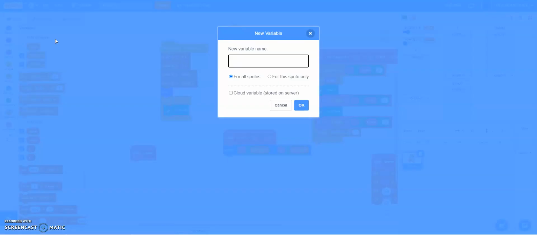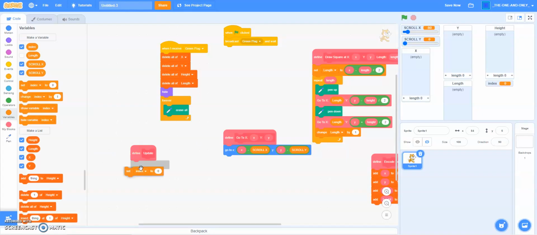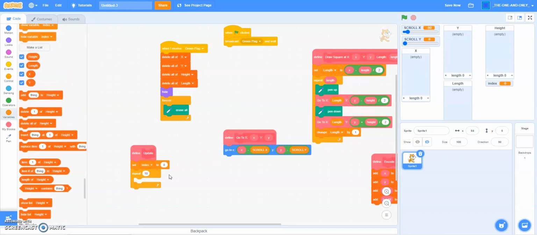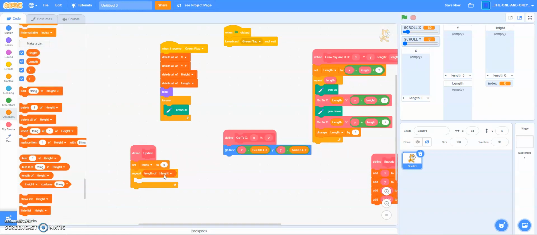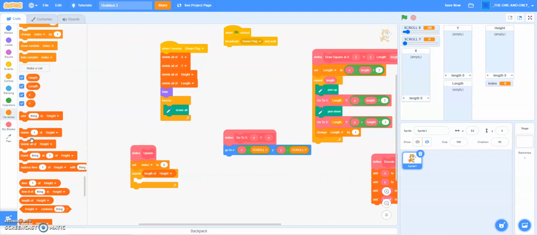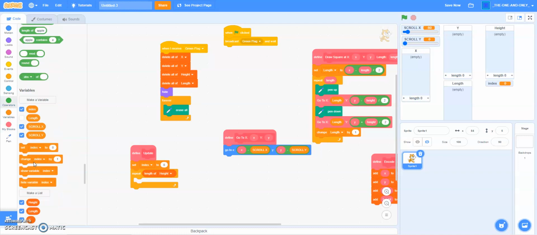And then make a variable and call this index. Click OK. Now, at the beginning of update, you're going to set your index variable to 0. And then grab a repeat loop, and you're going to repeat the length of X, Y, height, or length. Any of them work because they should be at all times the same length. So, and then you're going to repeat the length, and you say change index by 1, and